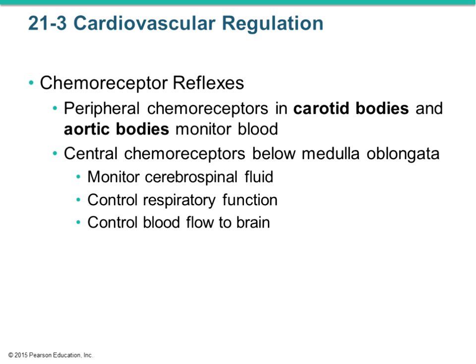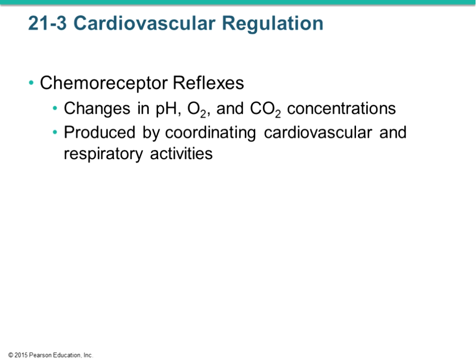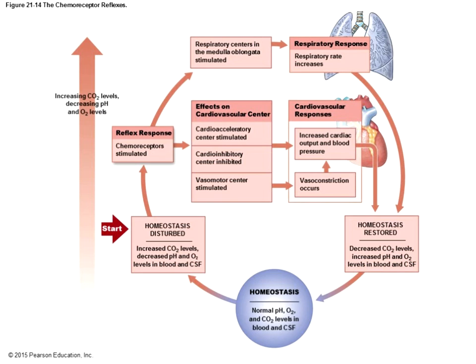They monitor changes in chemicals which can impact CSF or respiratory or blood flow to the brain, so a change in pH or oxygen level can then coordinate a change in corresponding cardiovascular or respiratory activities, right? And so again, these images are nice. Homeostasis is normal, let's say oxygen level, for instance. And so if you have decreased oxygen level or increased CO2,